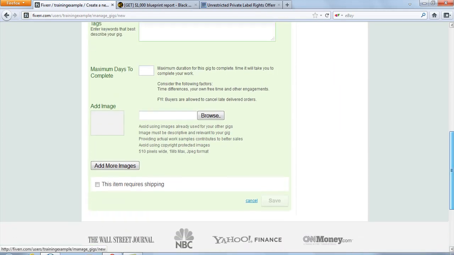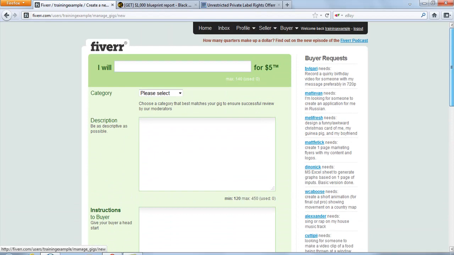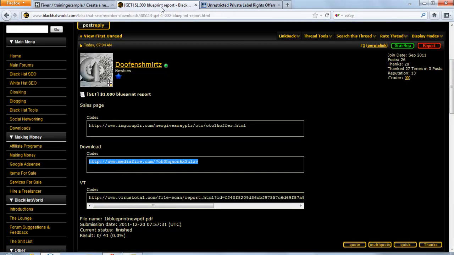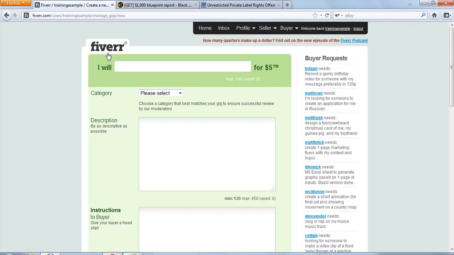So I'm going to show this to you by putting up a service right away. So I'm going to put on a service. Let's say the service I want to put up is related to these blueprints that we see here, how to make. So it's a $1,000 blueprint report. So now I want to put that. So I will teach you